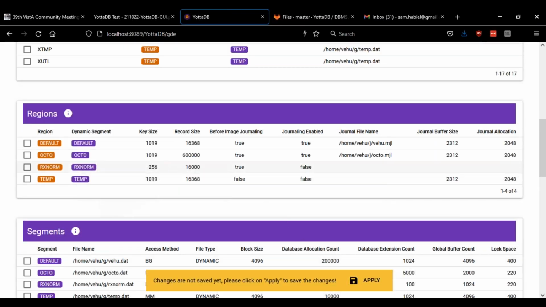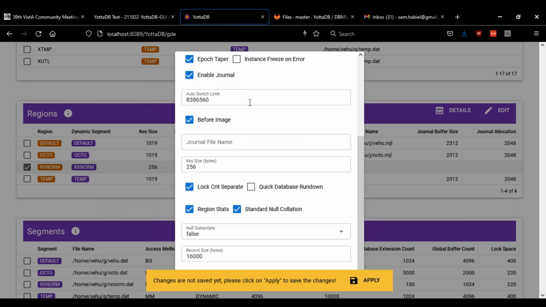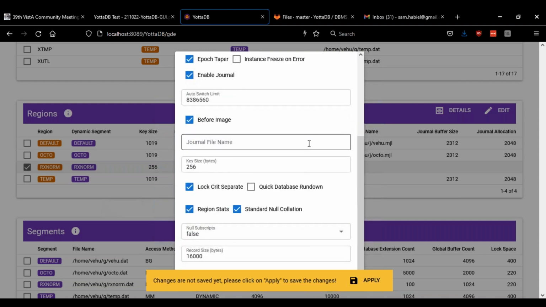So there you are. That updates it, and that part works properly. Oh, and I could change journaling. Let me see, change journaling. Enable journal, and put the journal. Except you don't want a journal for RX norm, right? But that's nice, you could do it. Or you could not. You could do all of that. So it's in the right direction. But what GDE really needs is a wizard that will show the most common